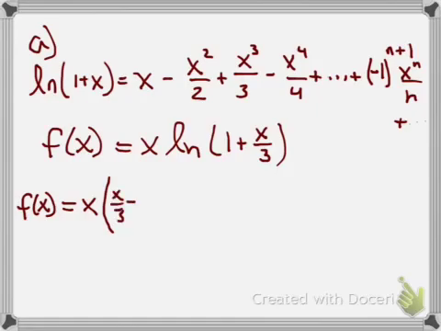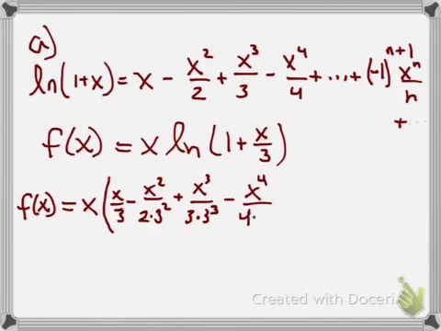minus, I'm going to try to do this small so I don't run out of space. Now the x over 3 is going to be squared, so it's going to end up with x squared over 2 times 3 squared, and then plus x cubed over 3 times 3 cubed. Now of course we could simplify that to 3 to the 4th, but I'm going to leave it like that just for the pattern's sake. x to the 4th over 4 times 3 to the 4th, and then the general term